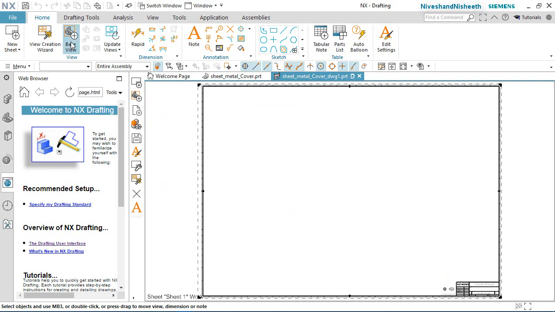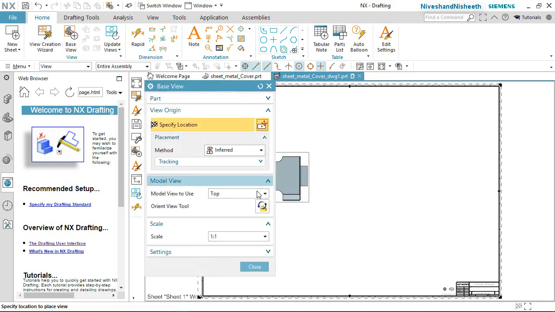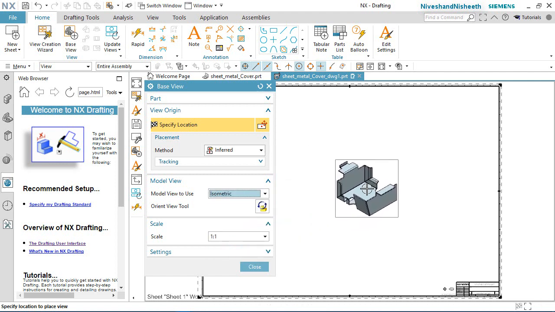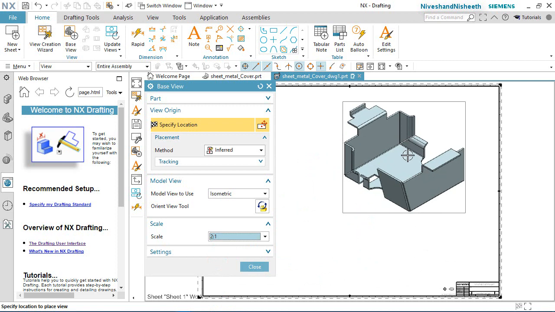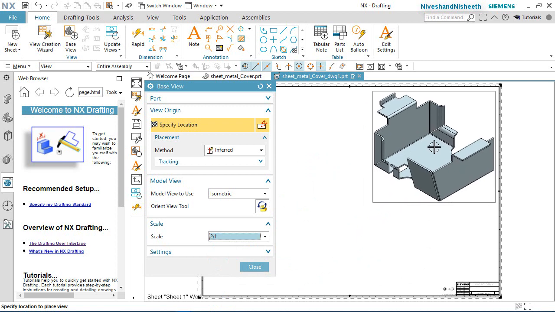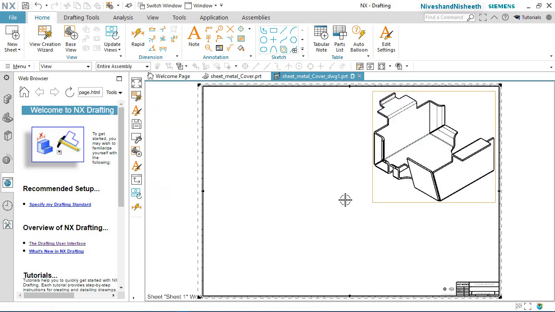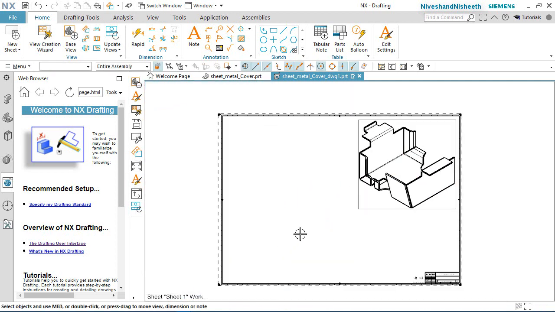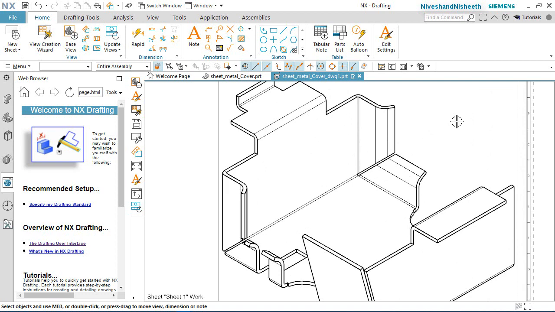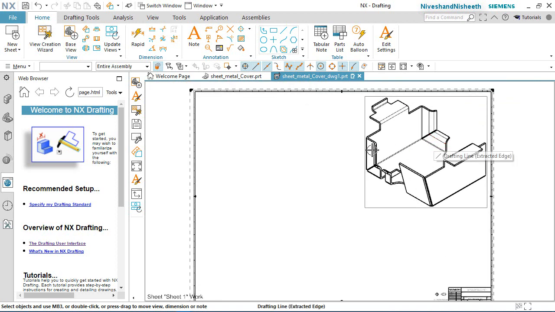Activate the base view command. Now see, the preview is visible here. Choose isometric view. Select the scale 2:1. Place the model. Close the dialog box. Now see, my isometric view of this model is visible here in the drawing sheet.